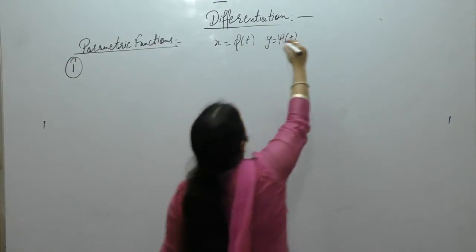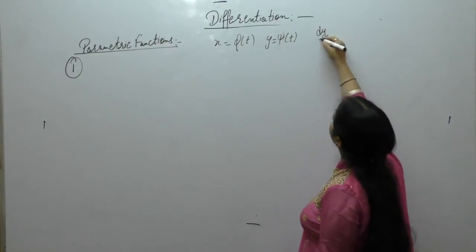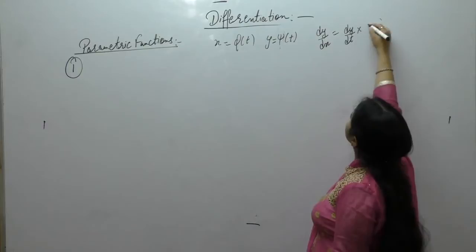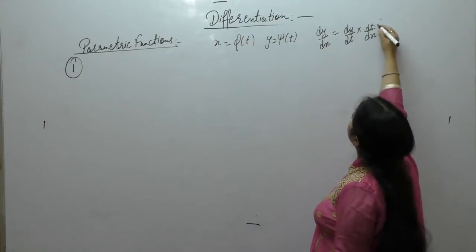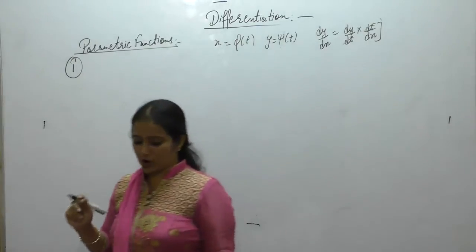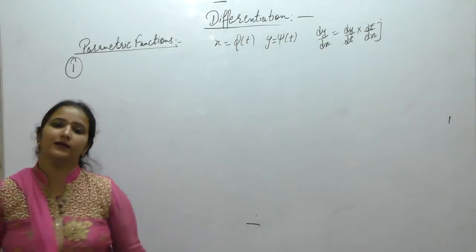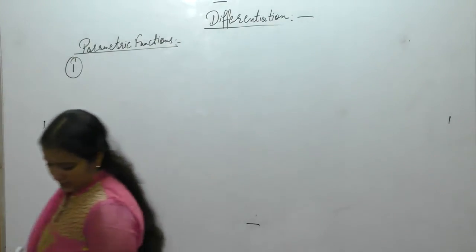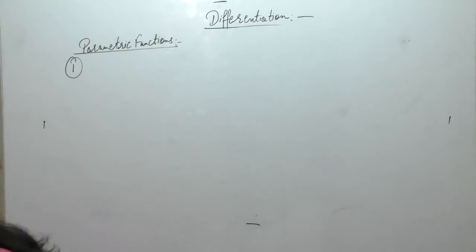Now from here if we want to find dy upon dx, what will we do? dy upon dt into dt by dx. dt will get cancelled and then we get the value of dy upon dx. So let us start with the questions now. Question number 1 is,